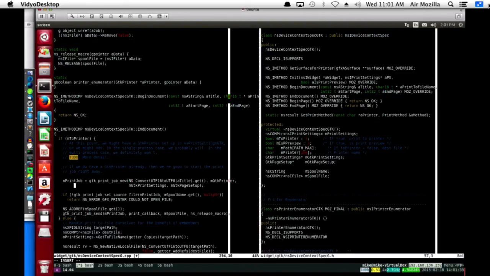How's this going to work? We have all these things that we have to pass around, like the title of the document. The printer object we can get, that's not a problem. Then we also have to pass the GTK print settings and the GTK page setup.